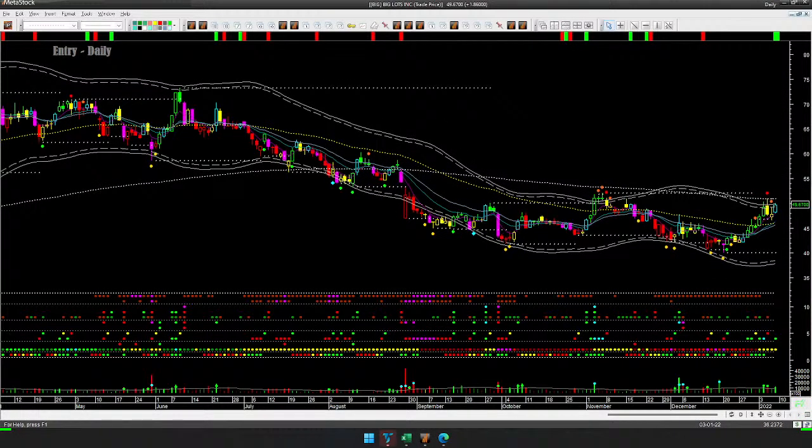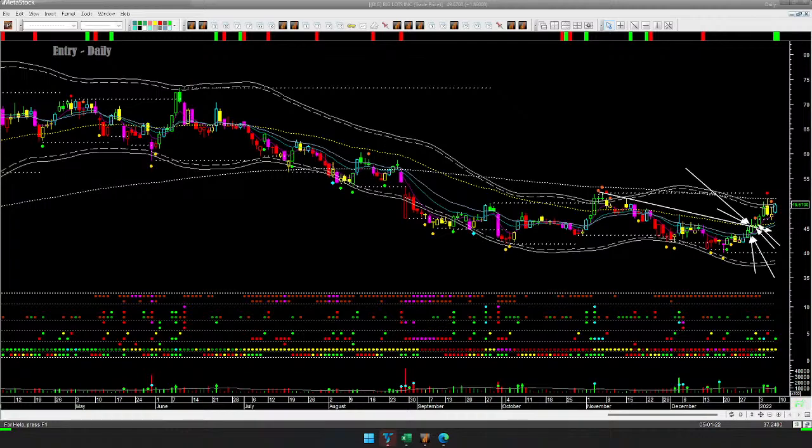I shared it 30th December, so this day. It broke out of some trend line resistance at that point here. The candle closed with an upper tail, but I'm in the opposite time zone. I might have taken the trade in the morning session, placed my GTC order for profit taking and stop loss, and fell asleep. At the close, you would not have taken the trade, but you could take the trade next day